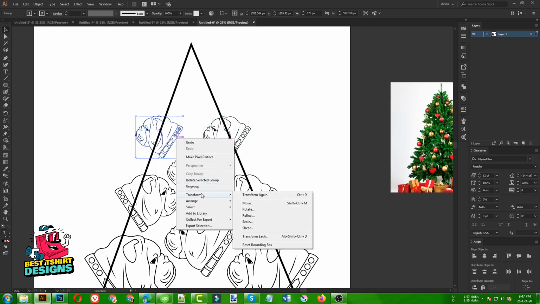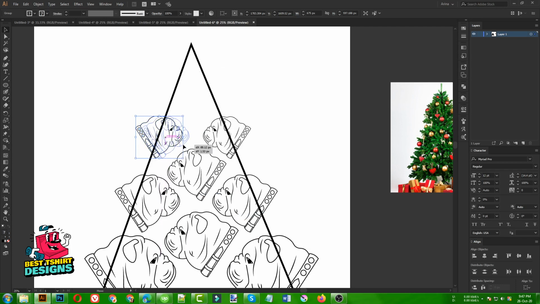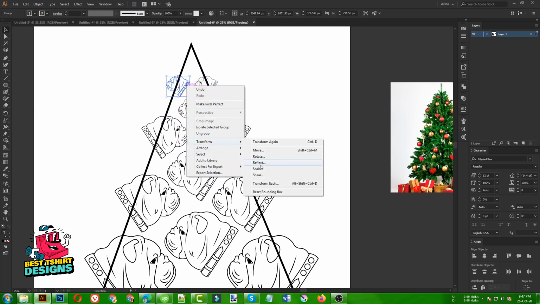This is a very repeating process, just like this. Then I need to select these two, align them center wise, then make it a little bit smaller, just like this. Then I need to make it smaller again, just like this.